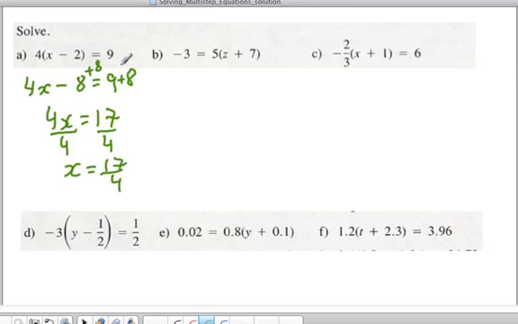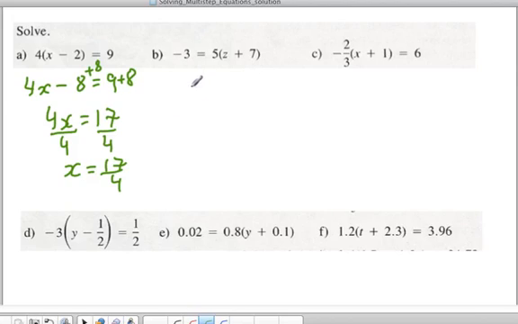You could have divided both sides by 4 and then added 2, but then we'd be adding a fraction. And it's just easier if we expand these using the distributive property and follow the steps that I just did. Same thing here. It's probably easier if we expand these using the distributive property than ending up with a fraction when we divide. In the ones previous, we didn't have a fraction when we divided through by the coefficient in